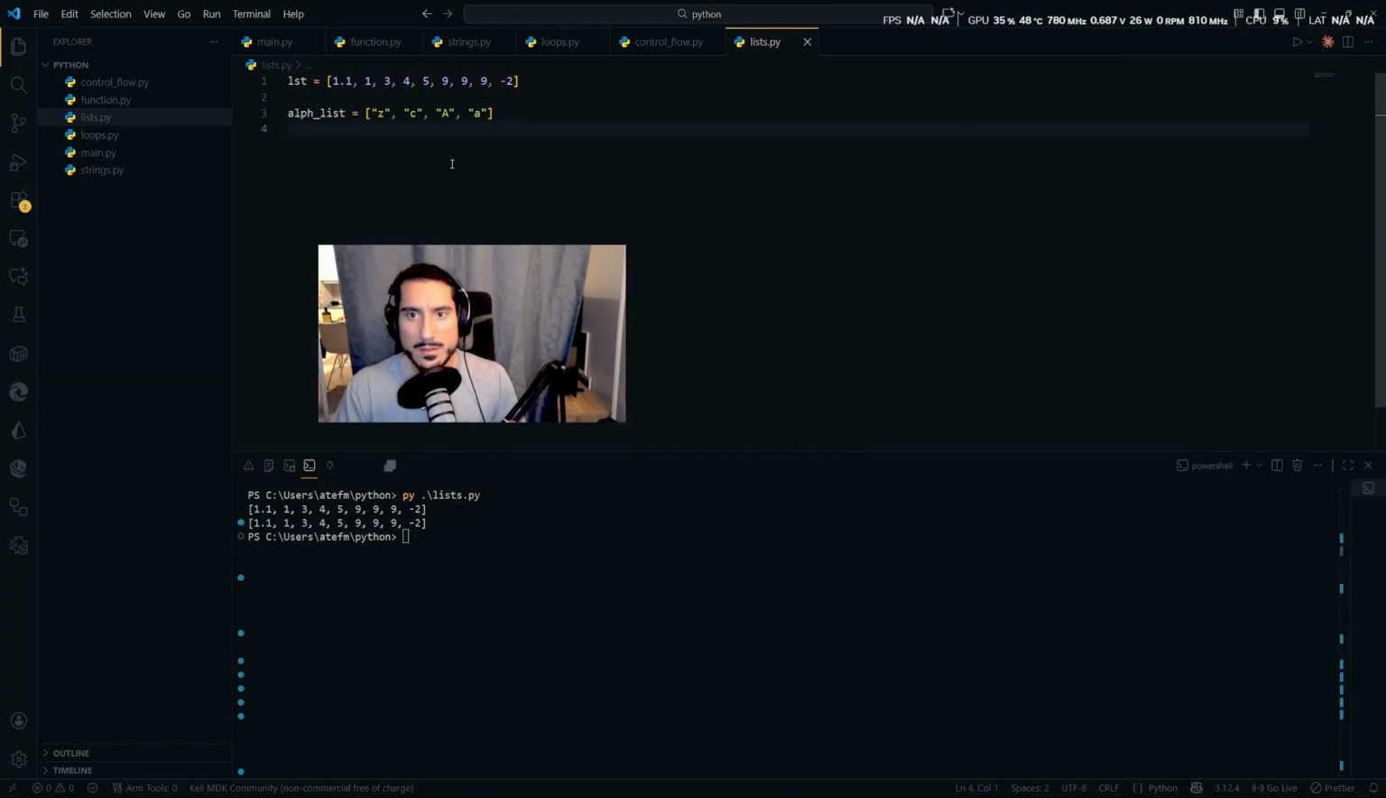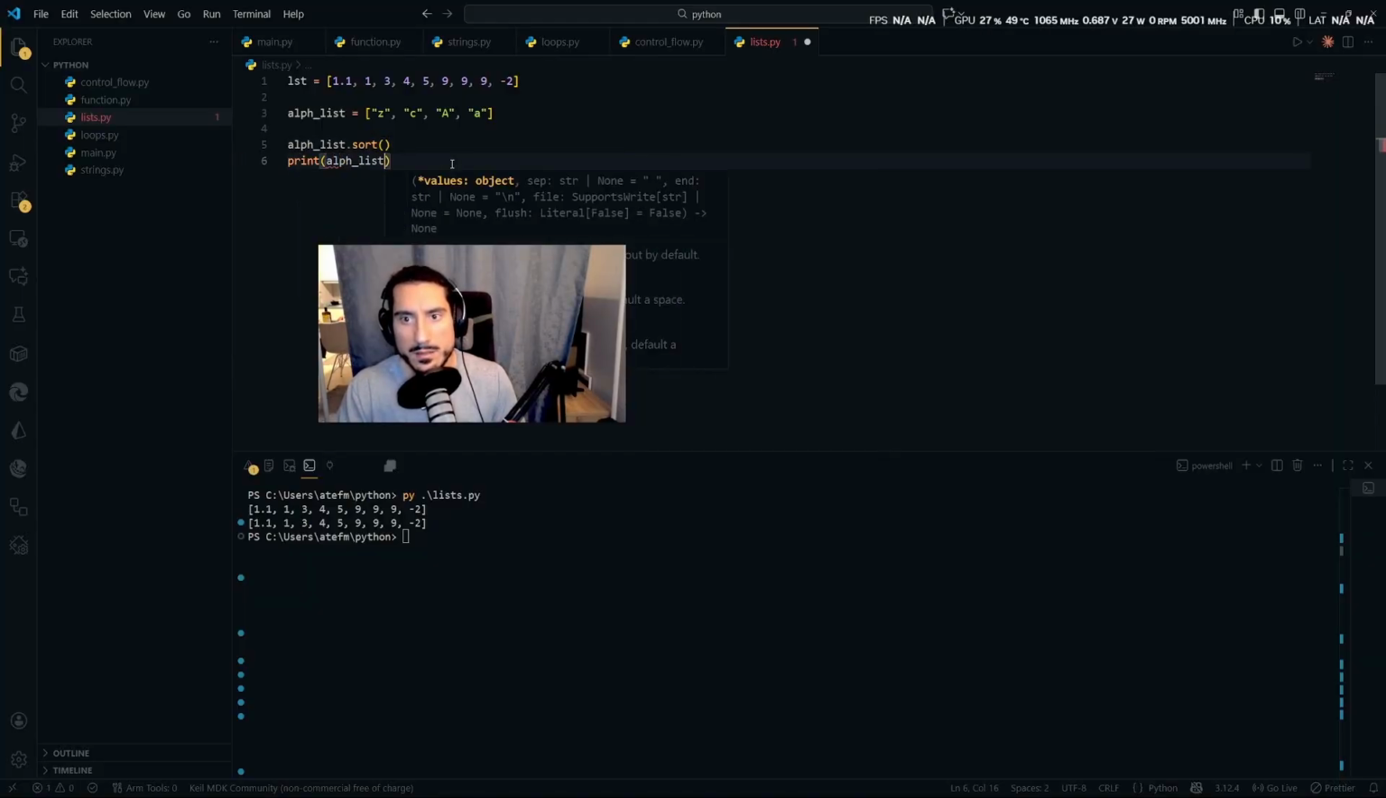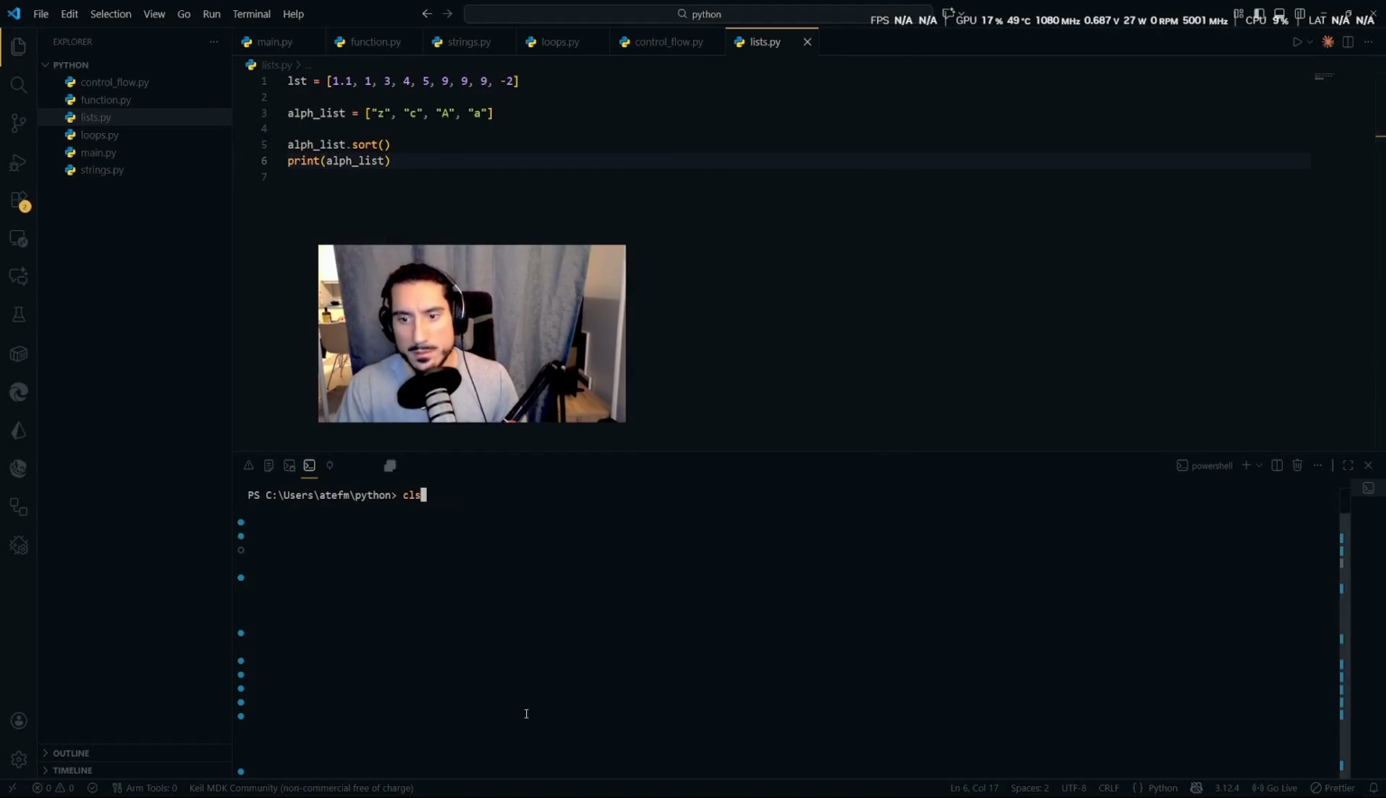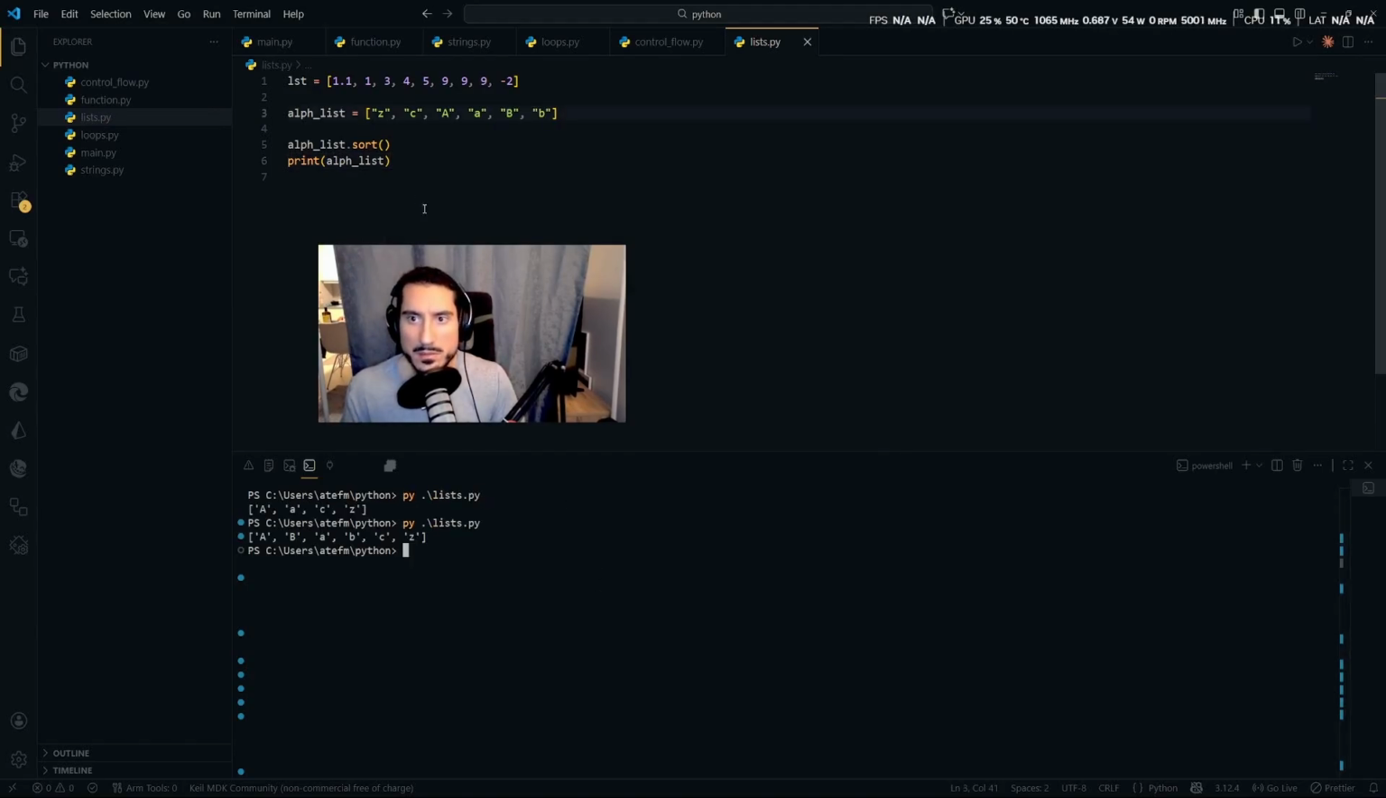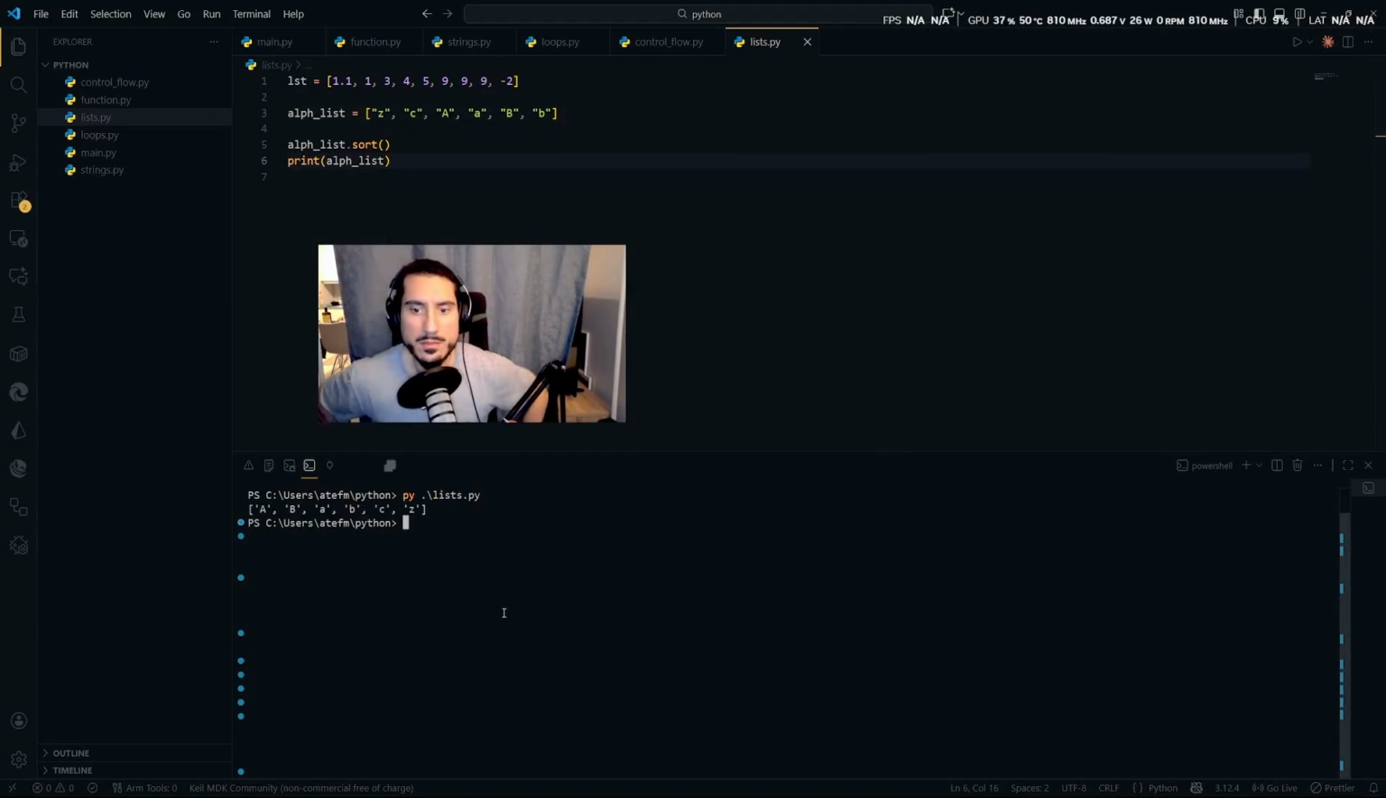You can sort a list of strings by having a list of strings, and then you can sort it this way, and then print it again and see for yourself how it is sorted. As you can see, it first sorts the capital letters and then the lowercase letters. To make it sort them so that it goes capital letter A and then lowercase letter A,